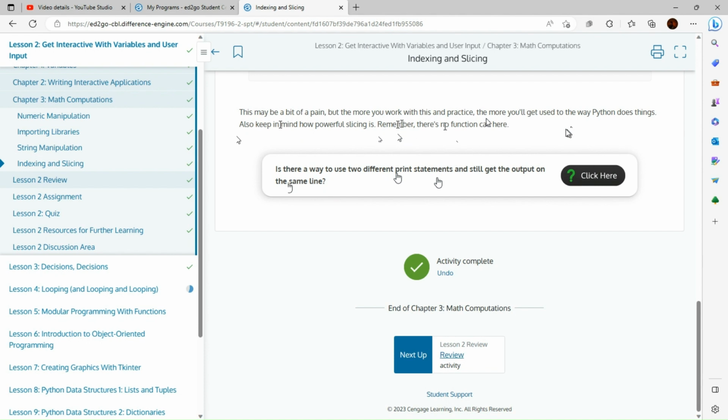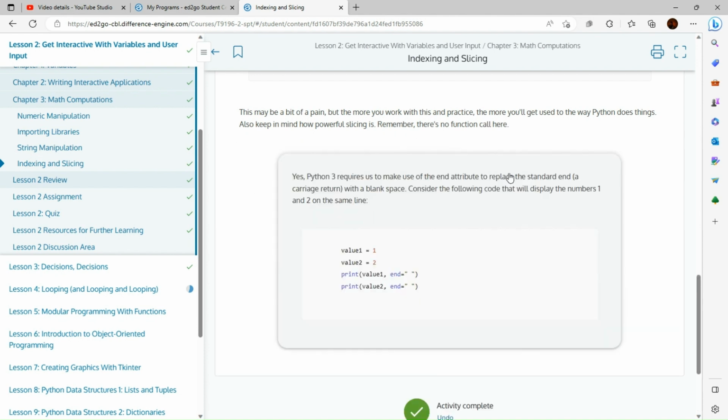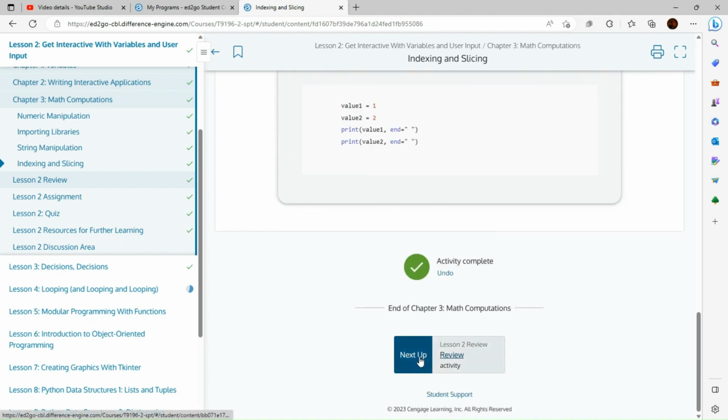Is there a way to use different print statements to get different outputs? Yes, Python 3 requires us to make use of the end attribute to replace the standard newline, a carriage return, with blank spaces. Consider the following code. We'll display the numbers 1, 2 on the same line. Value 1 equals 1, value 2 equals 2. Print value 1 and print value 2 and